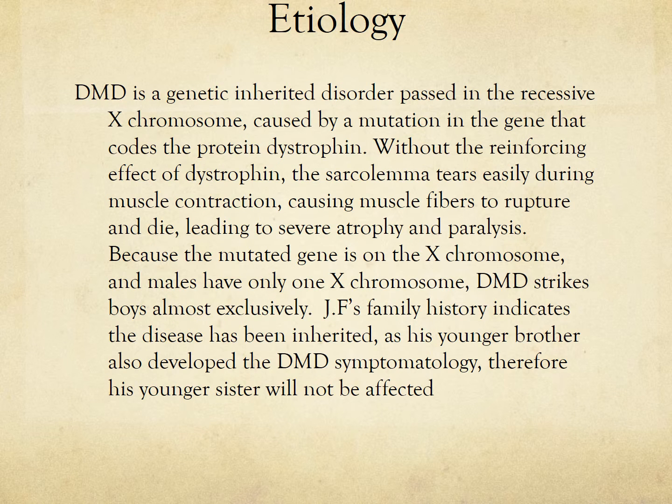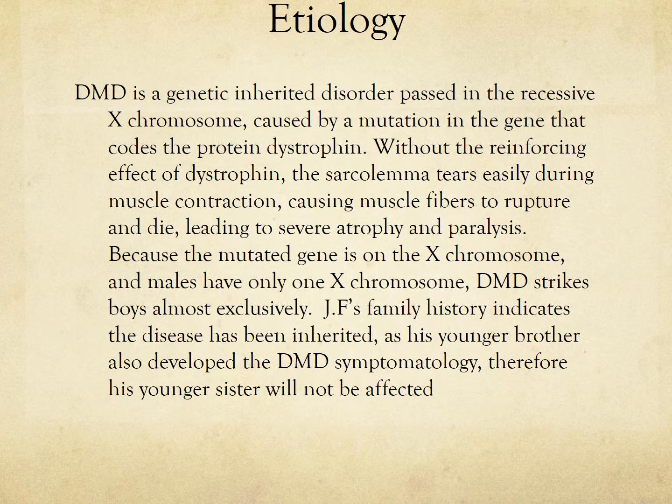Etiology. Duchenne muscular dystrophy is a genetic inherited disorder passed on the recessive X chromosome, caused by a mutation in the gene that codes the protein dystrophin. Without the reinforcing effect of dystrophin, the sarcolemma tears easily during muscle contraction, causing muscle fibers to rupture and die, leading to severe atrophy and paralysis. Because the mutated gene is on the X chromosome, and males have only one X chromosome, Duchenne muscular dystrophy strikes